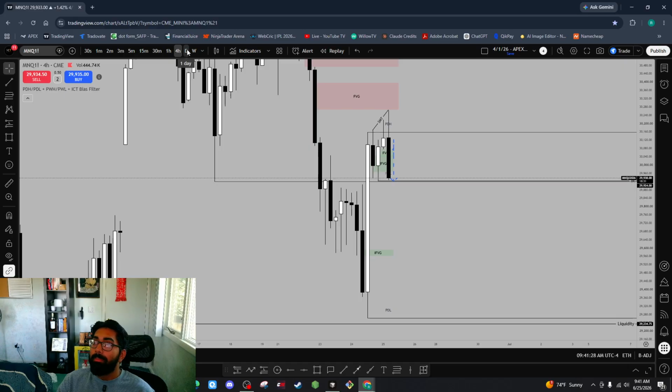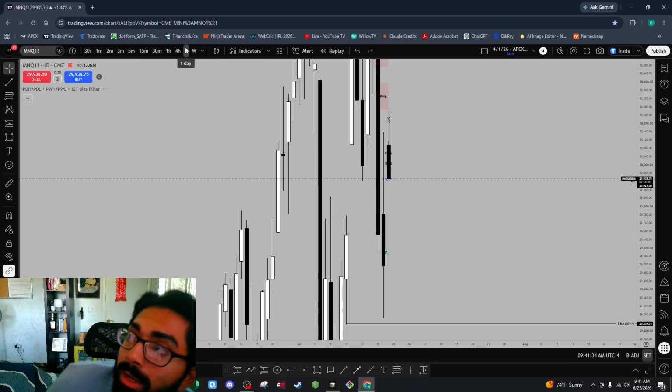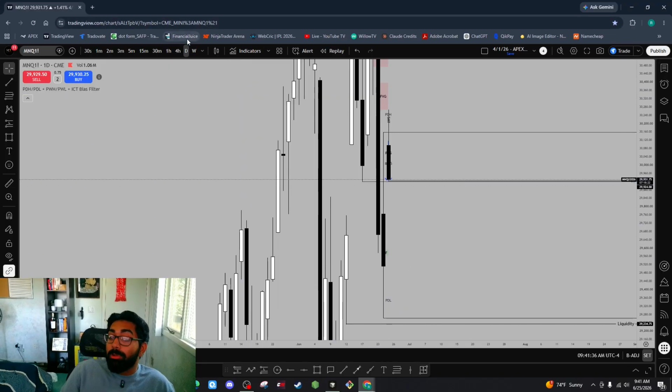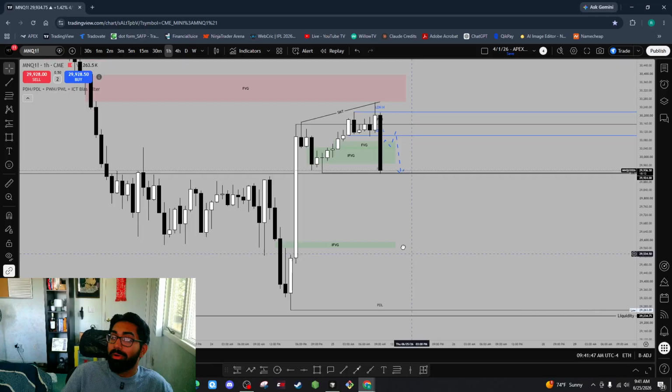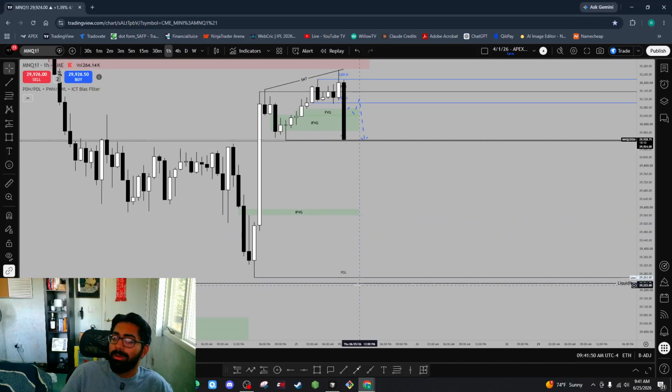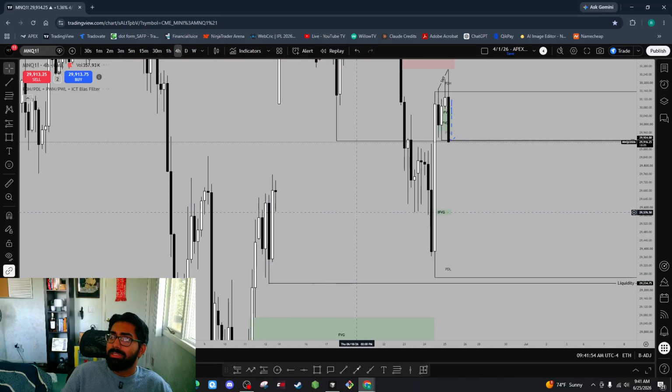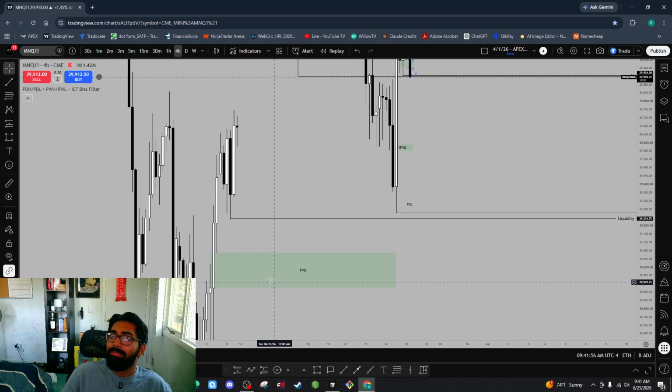What's good is that this strategy that I'm trying can still carry out, right? It doesn't feel ideal because price is already taking out this high time frame 4 hour intermediate low, but you have a bunch of liquidity to fill. Price could very well take out previous day low. It's very often that price takes out previous day low, especially since we have a 4 hour bullish fair value gap right here as well.